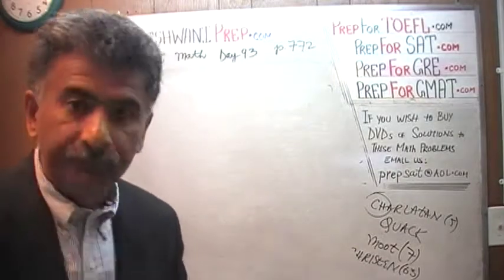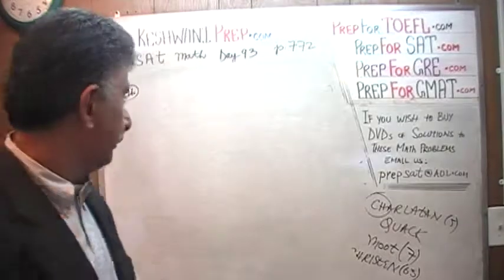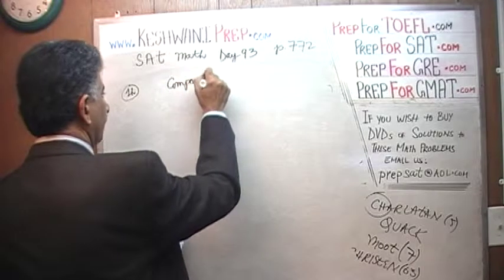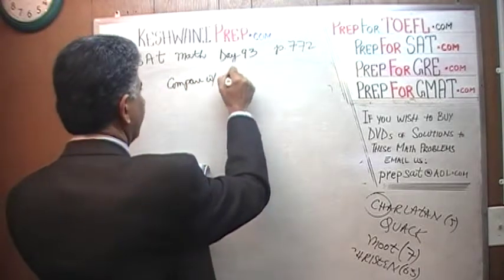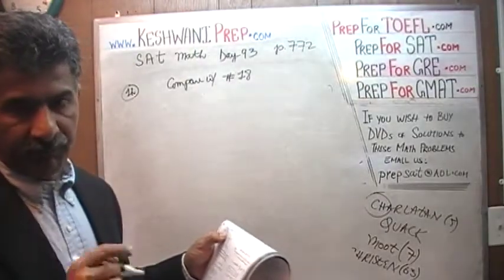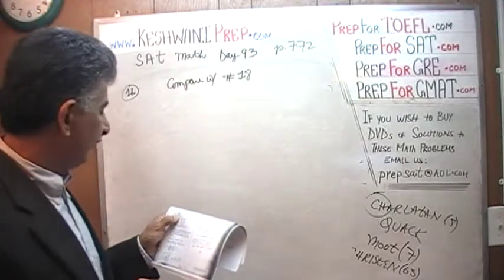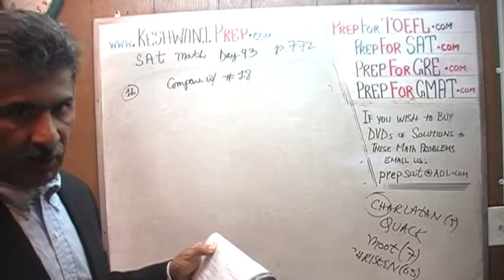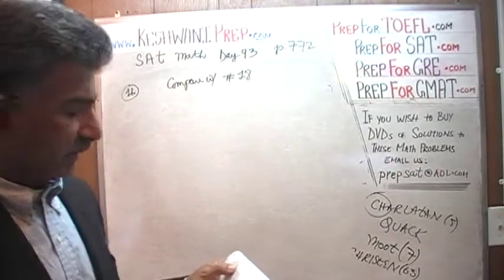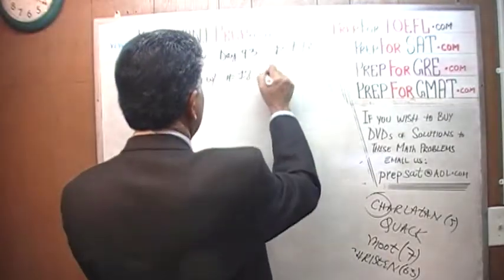If you get a chance later on, I would like you to compare problem number 12 that we're about to do with number 18, which is the hardest problem, the most difficult problem that appears in this section because it's the very last one of the grid-in questions. So previously a similar question appeared as a very hard question. Here it's appearing as a medium question, but it's a similar concept. It's a very similar concept, which is why obviously I want you to compare it with number 18 on page number 530,